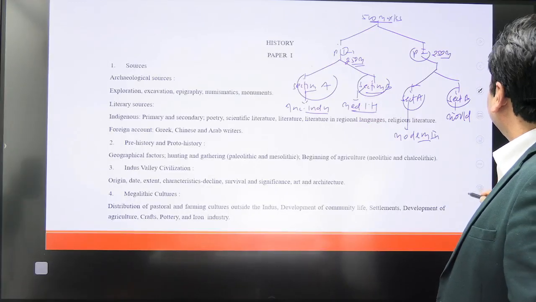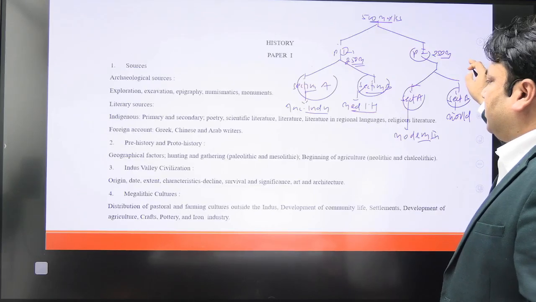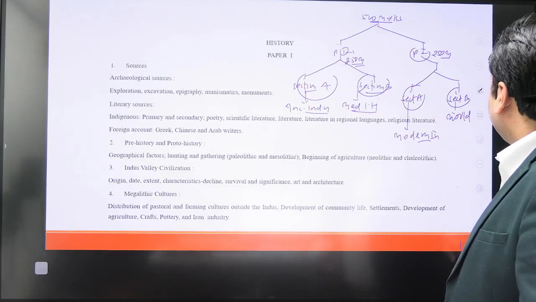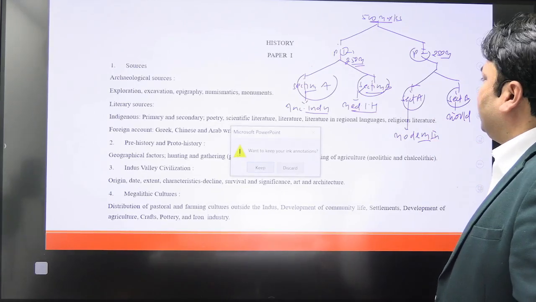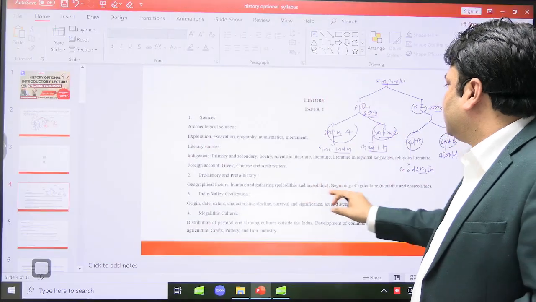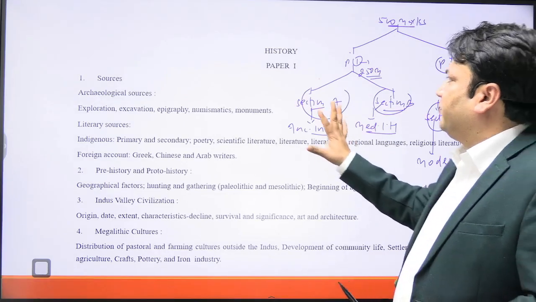Okay, so this is the particular scheme that you see in the optional paper. This is the point that we see in the optional paper. Now I think that you are familiar with this. Now here